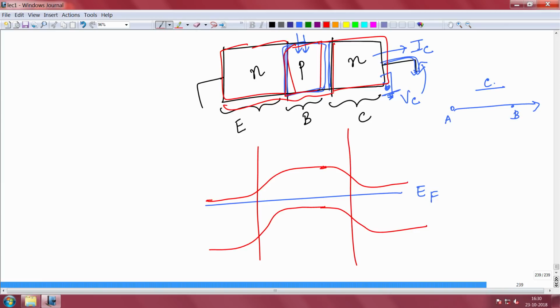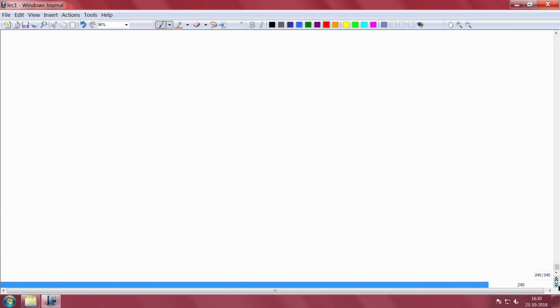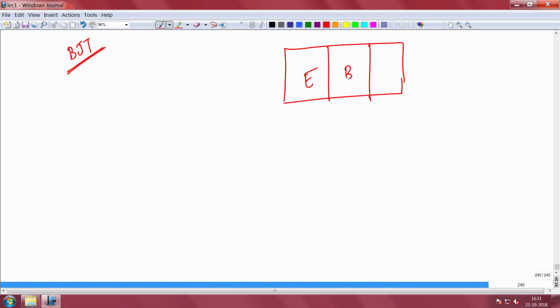Okay. The most common way to operate a BJT so that you can get gain and other things is that your emitter and base junction is forward biased. So, this is N, this is P, this is N. So, you remember that this is a hole doping. Okay. This is N. So, you forward bias this emitter base junction, it is a PN junction that you are forward biasing. So, put negative here, positive here. Okay. You are forward biasing this junction.